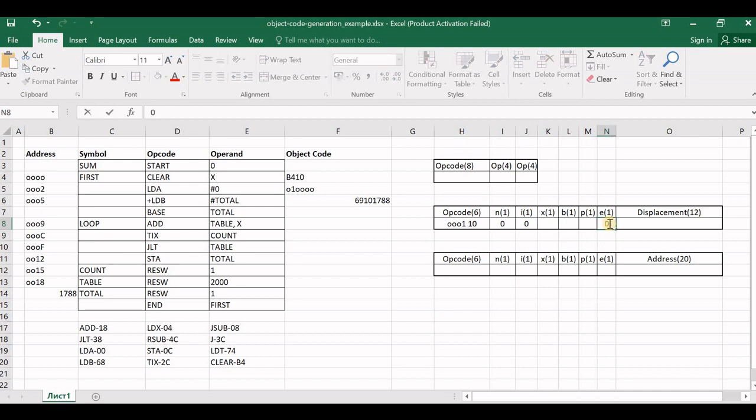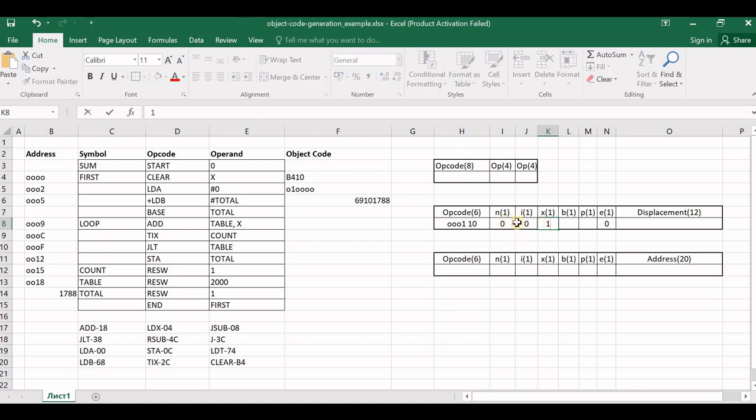Now check which addressing mode this instruction is present in. This instruction is in indexed addressing mode because you have table comma x. Table is a memory location and x is an index to that table. It keeps on either incrementing or decrementing based upon the requirement. Table is an array or a memory location which is pointed by an index x, and hence this instruction is said to be in indexed addressing mode, and so the x bit is going to become 1.